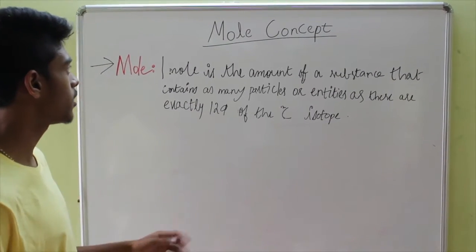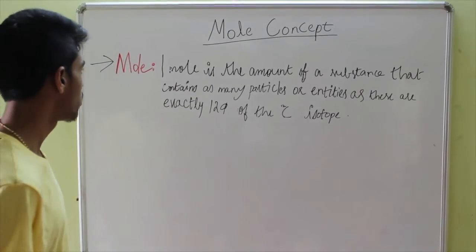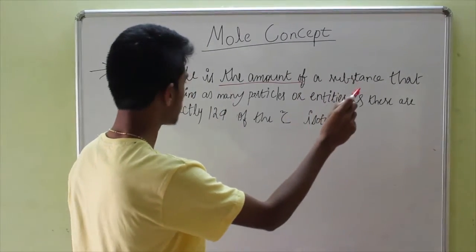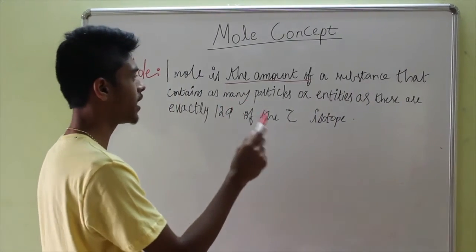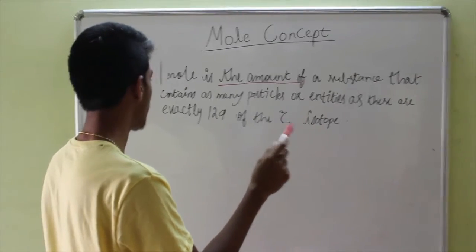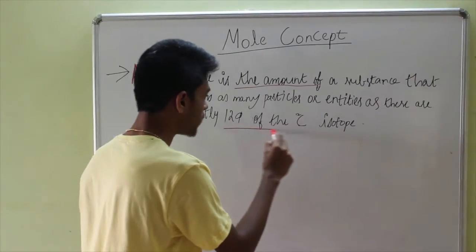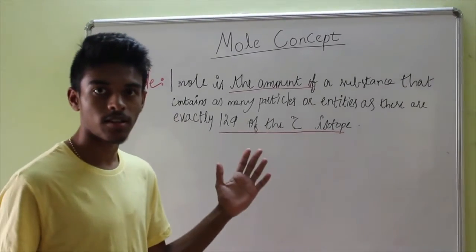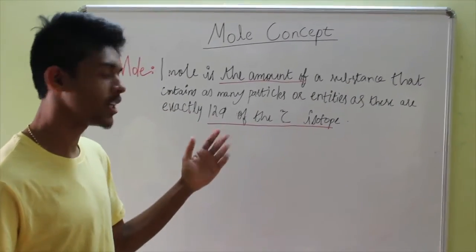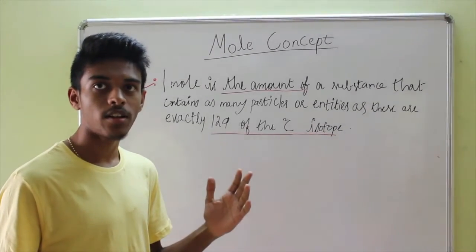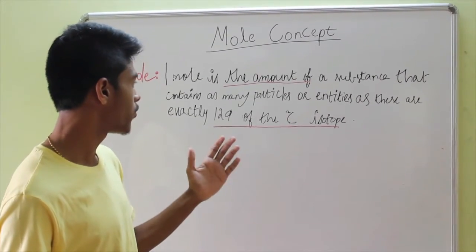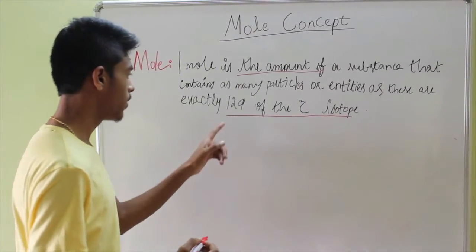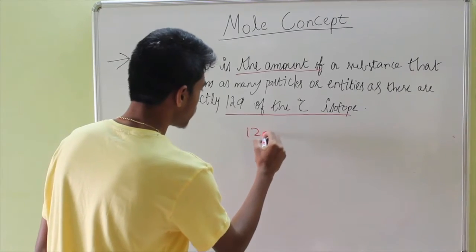So now in this session we'll be dealing with mole concept. Now what is a mole? One mole is the amount of a substance that contains as many particles or entities as there are exactly in 12 grams of carbon 12 isotope. Now what it emphasizes is that any substance will have the same number of entities or particles. Now we will be taking 12 grams